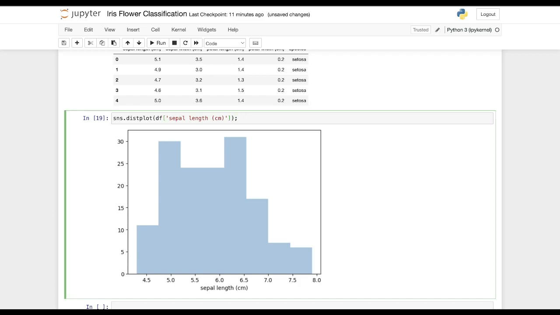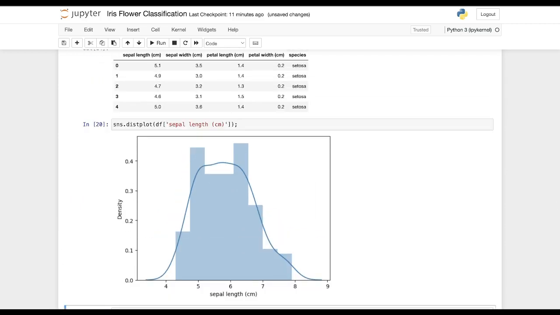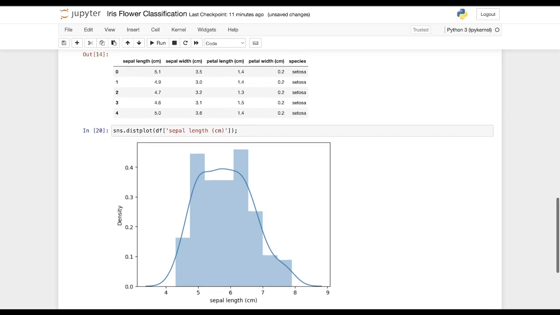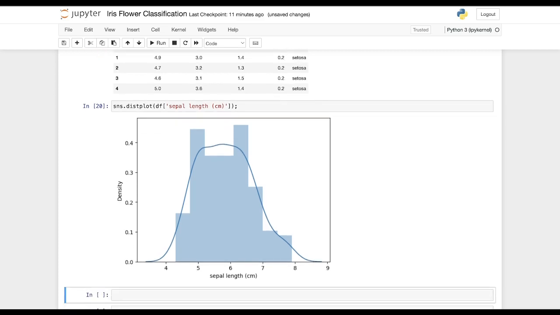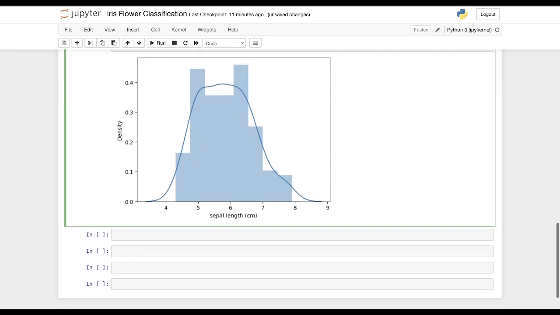So here, as you can see, mostly the sepal length belongs to 5 to 7 centimeter. So the majority of the sepal length in this particular data set, for every category of course, is between 5 to 7 centimeter. You can do the same analysis on different columns as well.